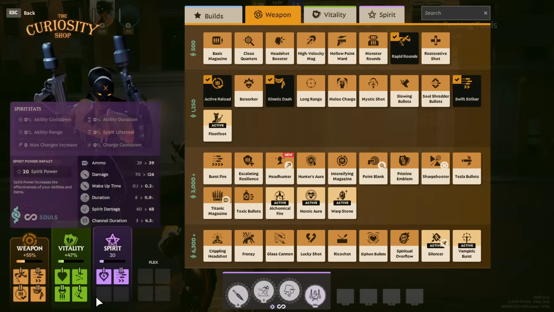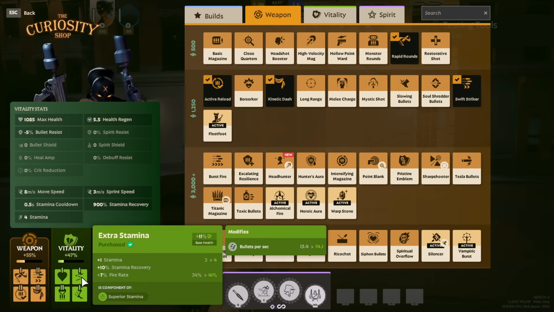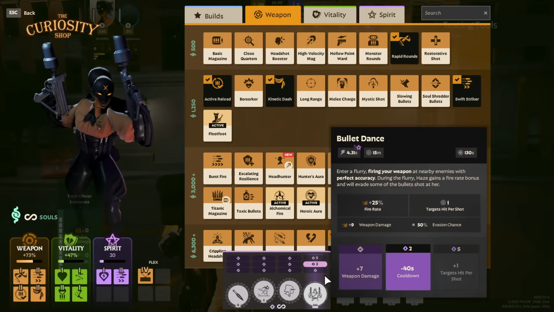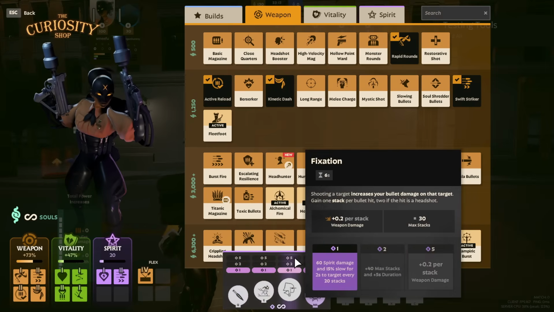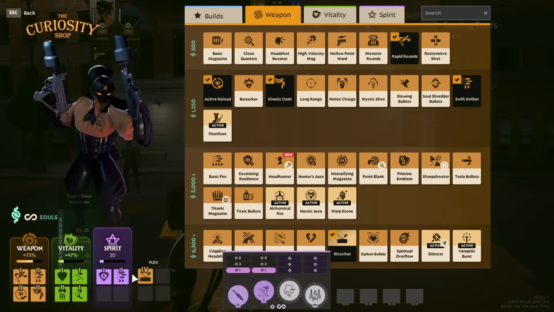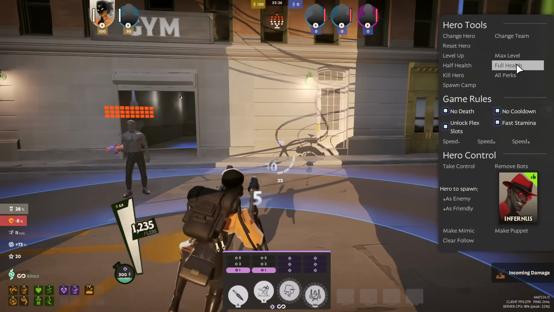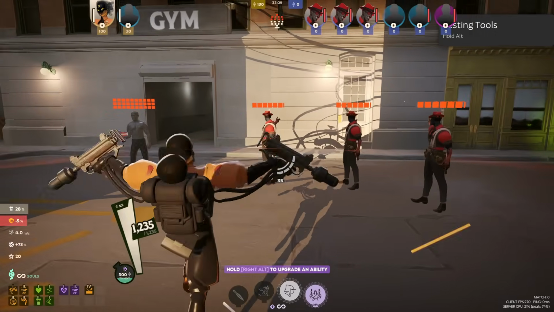This point in the build, maybe even before I bought extra stamina or sprint boots, is where I'm 100% saving up for Ricochet. By this money point, you will probably have enough skill points to have ordered your upgrades like this. So now that I have Ricochet, I have max fixation, and I have max bullet dance. This just makes your ultimate extremely powerful,